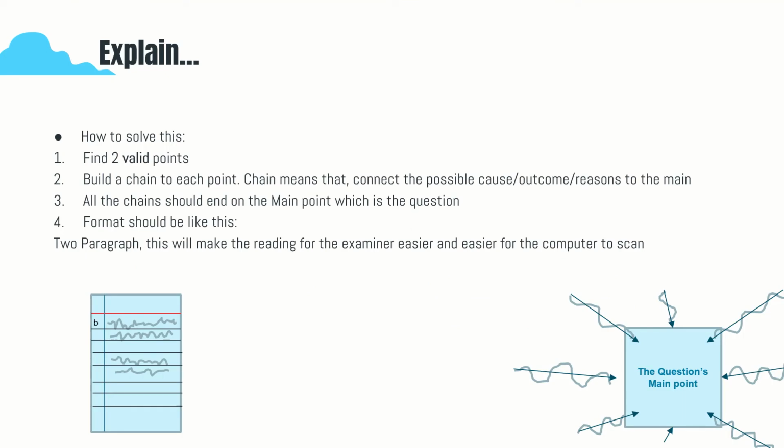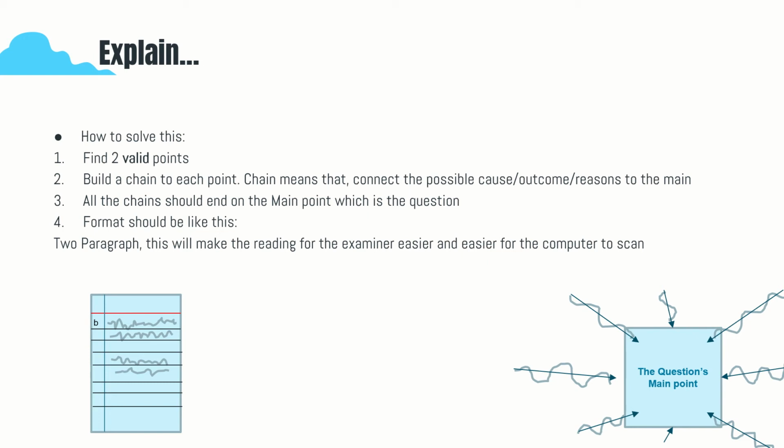Okay, so this is the next part of the question, which is an explain question. How do you solve an explain question? Explain questions are for 4 marks out of 20. Mostly they ask you to define or explain 2 points. So how to solve? First you take the keyword, and from that you derive 2 valid points. When you get those 2 valid points, you get 2 marks for those 2 points.